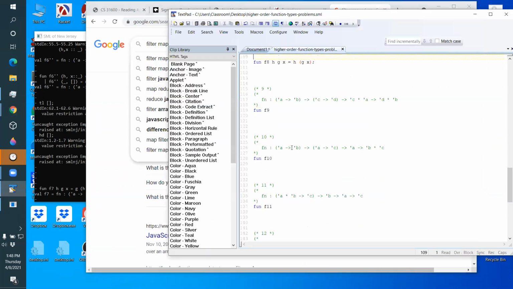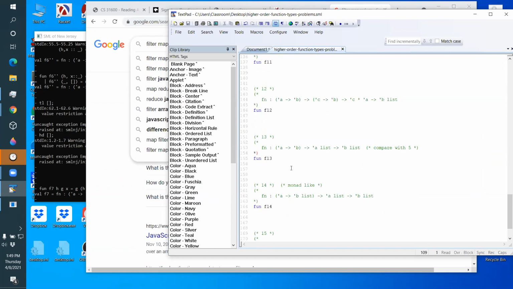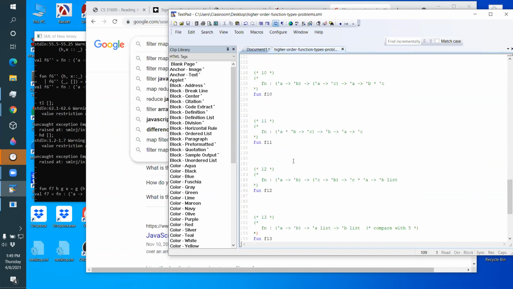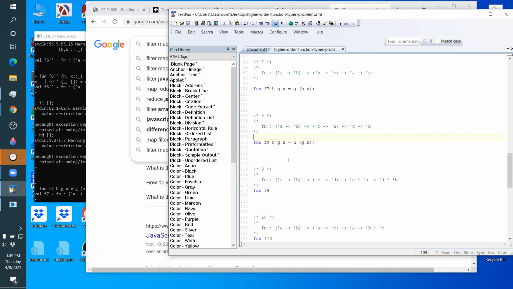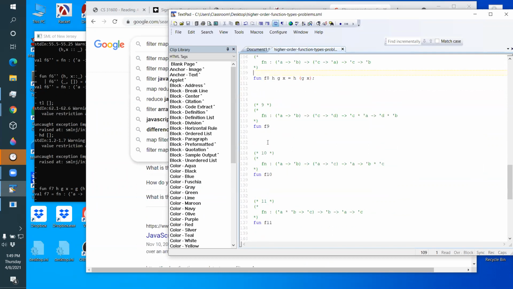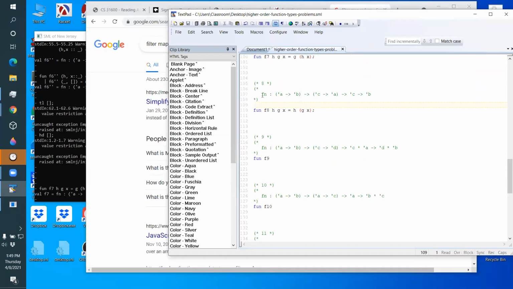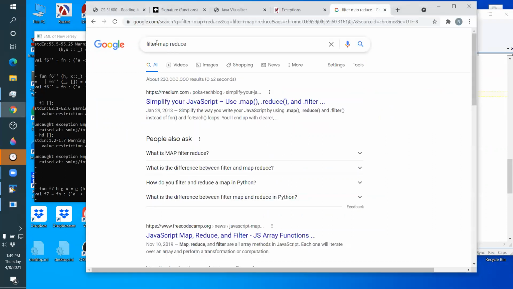Okay, so let's see, I forget which one it is. Map is one of these down here. One of these is map, and that's what we're building up to. But we first got to get good at reading these things. We need to get good at understanding what these things are saying before we can start talking about filter, map,